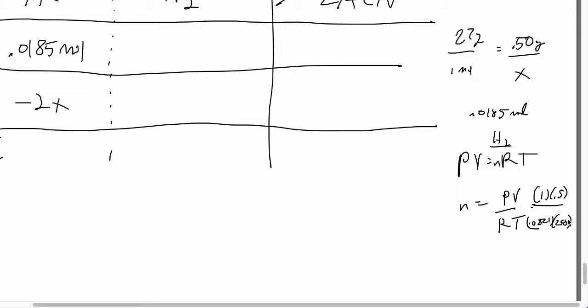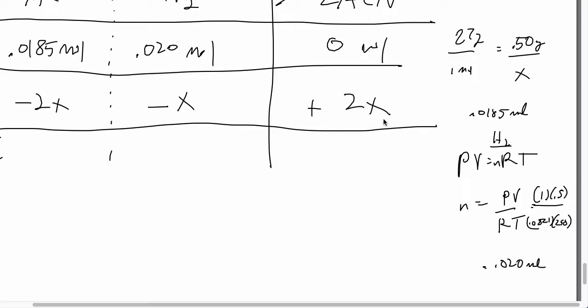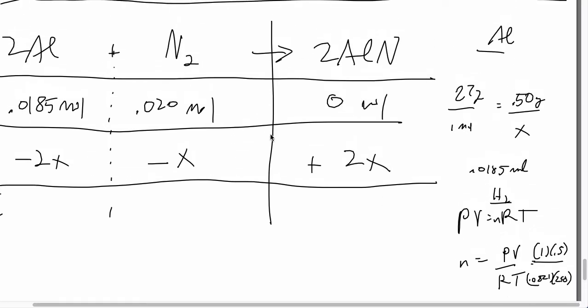So 0.020 moles. So this is 0.020 moles. And then this is 0 moles. So this is minus x, and this is plus 2x. So in this case, you need 2 times as much of that, but you don't have it. So that's 0. So 0.0185 minus 2x equals 0. So x equals